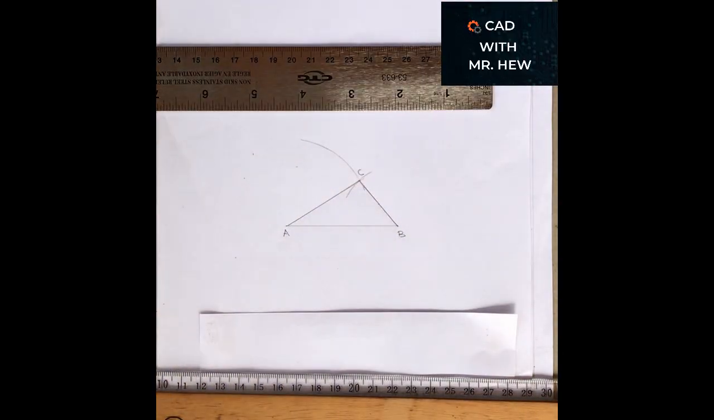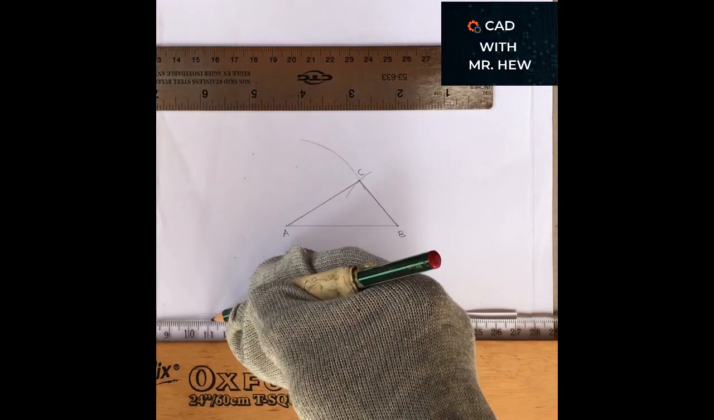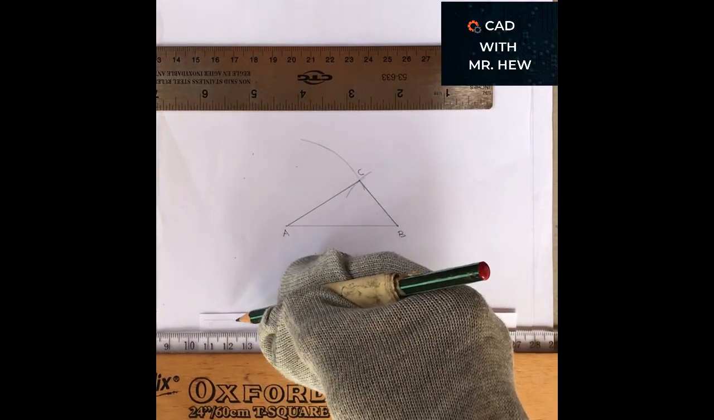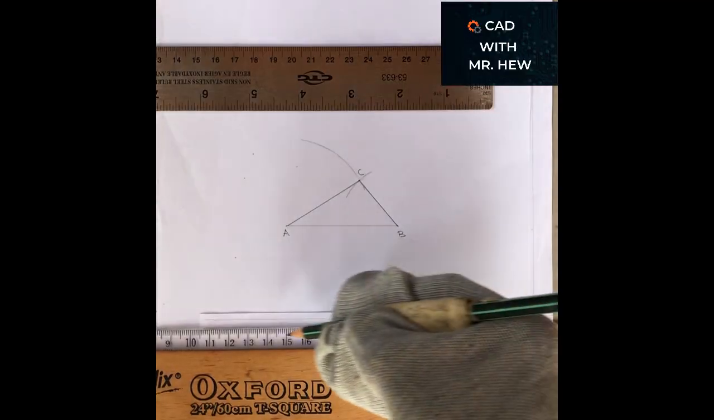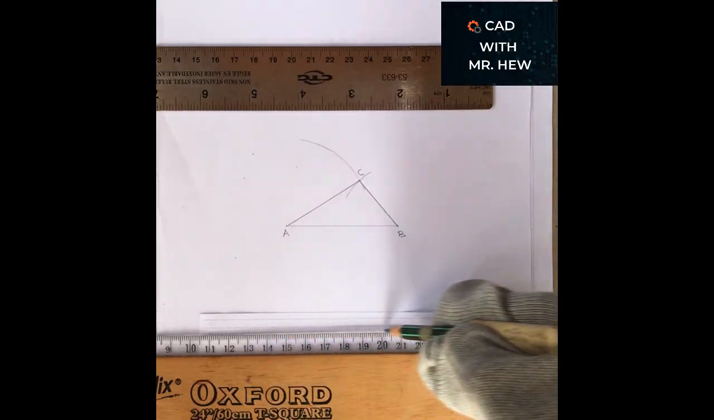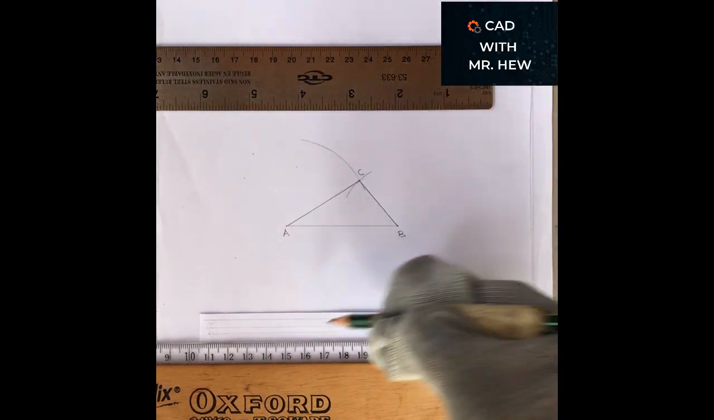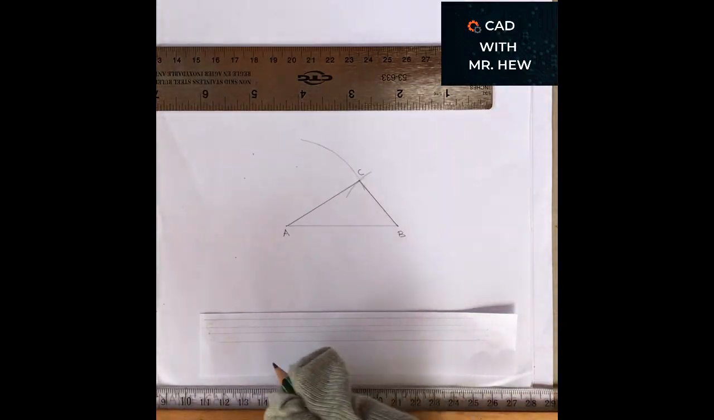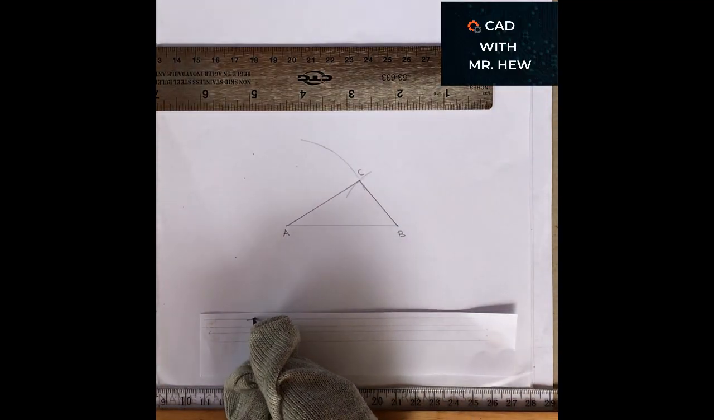So we're going to use our T-square now to draw guidelines 4 millimeters apart. So use our T-square and pencil or a ruler and a pencil to draw these guidelines 4 millimeters apart. So we're going to label to